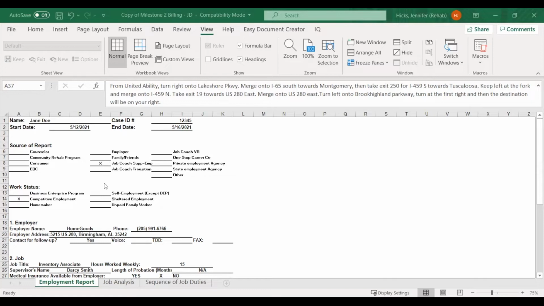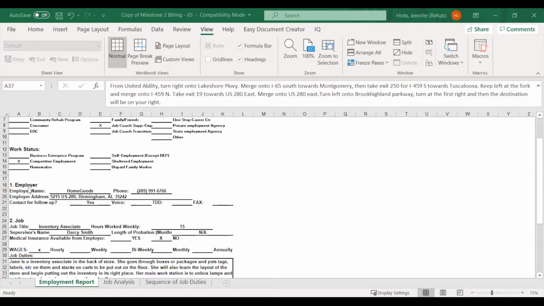The next part is work status, and that is going to be competitive employment, and it is also already marked when you receive the billing from ADRS, the reports. So you shouldn't have to change that one either, unless there is a reason like a homemaker or self-employment. But for the most part, when we're doing milestones, it's competitive employment because we're trying to integrate individuals into the community.